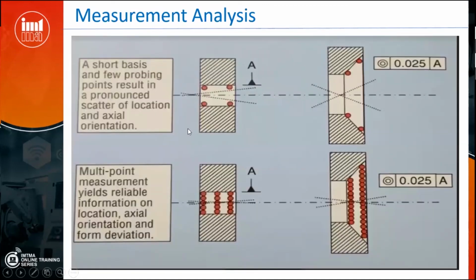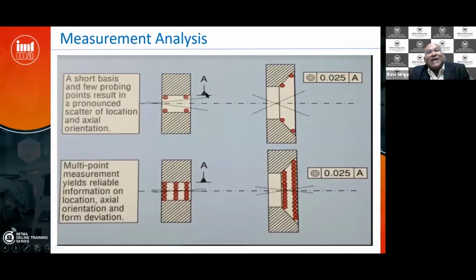Now, what really happens if you have a lower number of points is the uncertainty it creates. Suppose I want to create an axis, if I just take 4 points, I will create one axis. And if I take a different 4 points, I will create another axis. So depending on the number of points, the uncertainty associated with creating an axis will also increase, which has a direct influence. If you have a multi-point measurement, then this uncertainty of angle or axis creation will come down and you will get highly repeatable measurements.